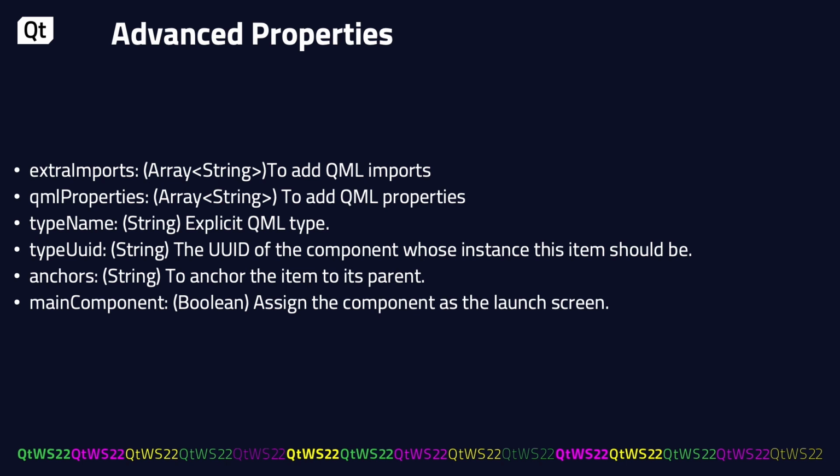So we already talked about the advanced properties, like extra import, QML properties, type name, type UIDs, anchors. So there is one more property that was not part of the previous slide, that's called the main component. I think this was part of the 3.6 release in Qt Design Studio. So in 3.6, what you can do is, when you import some components, Qt Design Studio creates some components and that's it. Then you have to write some code to show at least one of these components when you launch the application. So what main component does, it's just a Boolean value associated with any component